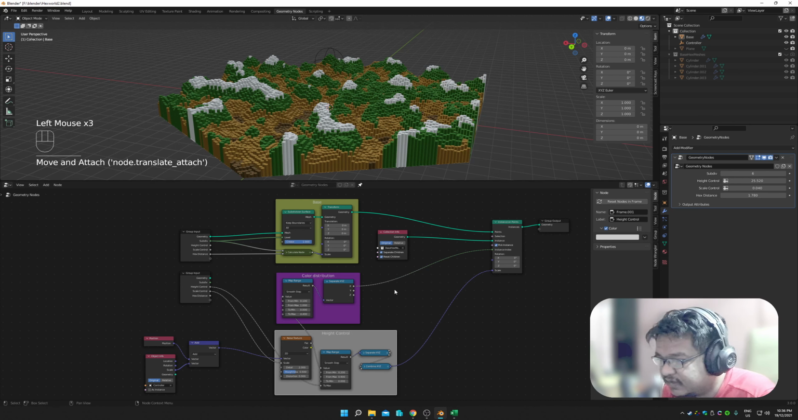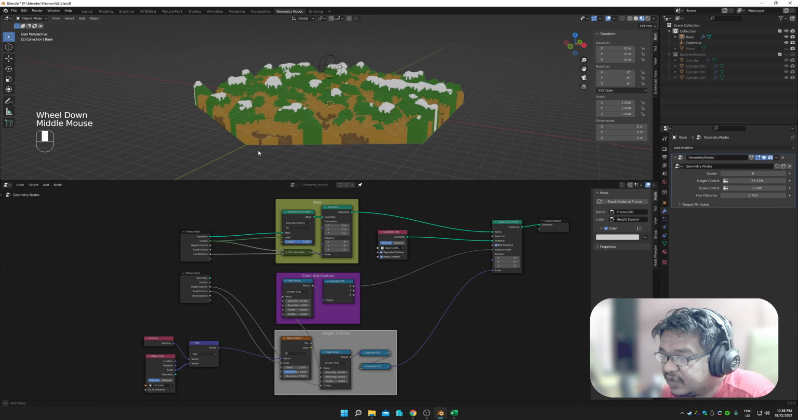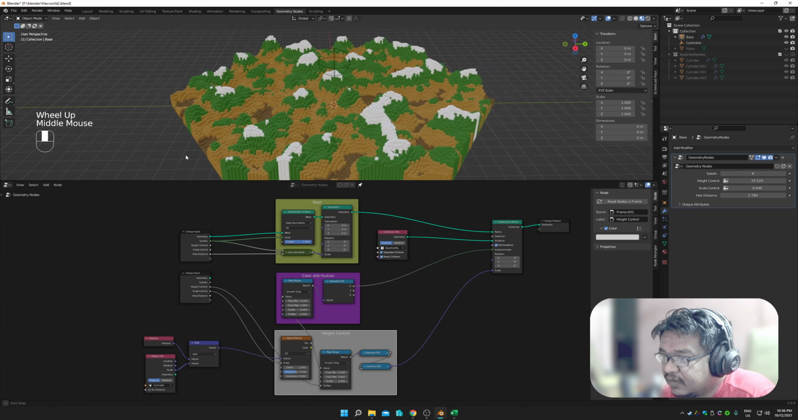Organize it, guys. Organize it. Right. So now we got the cool looking scene. Right. So